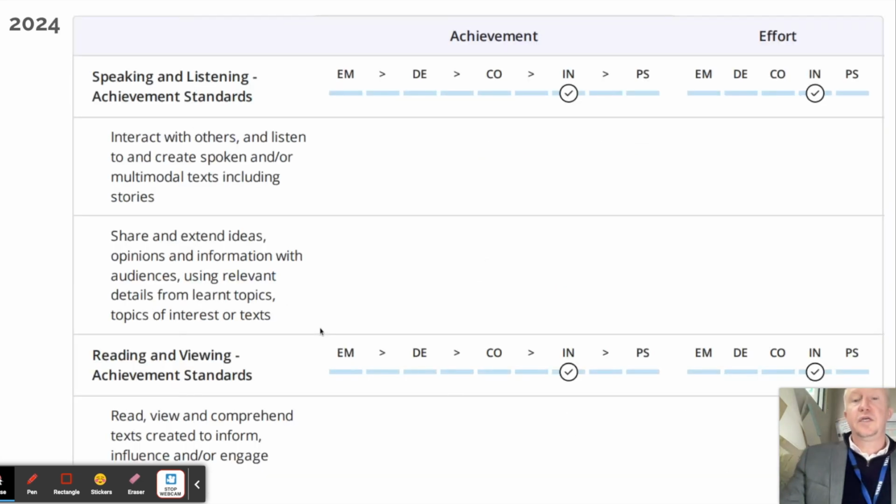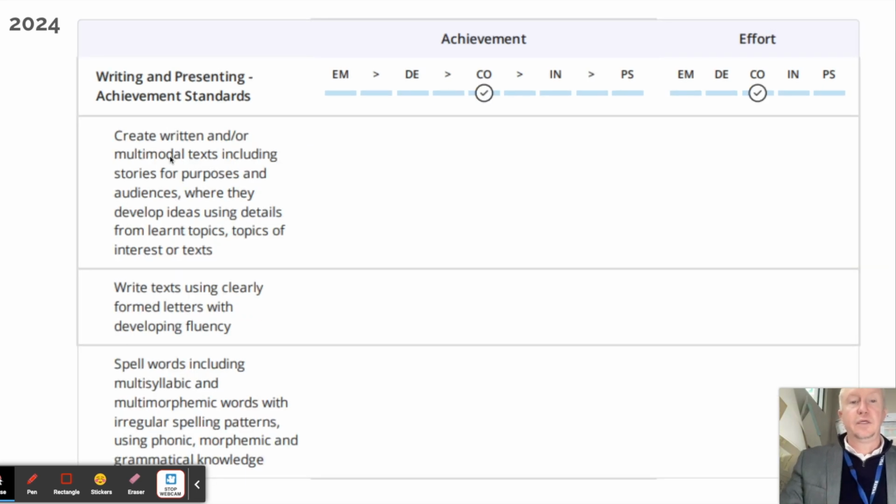So from this year in English, we're reporting against 3 strands: speaking and listening, reading and viewing, and then writing and presenting. And as I said, the content for each of those changes every year and clearly becomes more complex and sophisticated from one year level to the next. So you'll definitely get a more accurate picture of where your children are according to the expectations and curriculum for